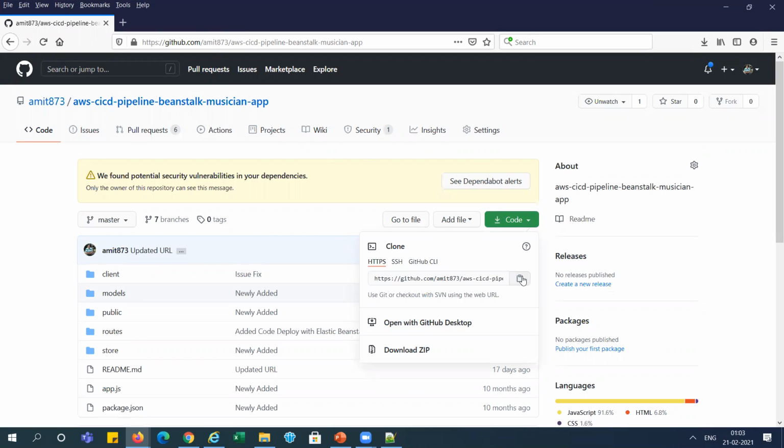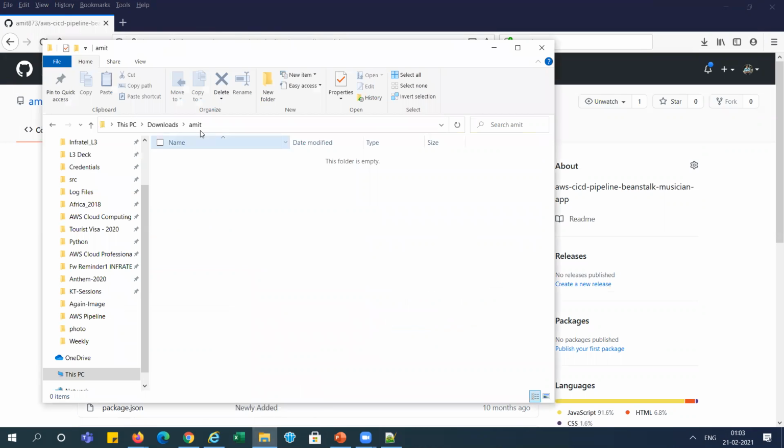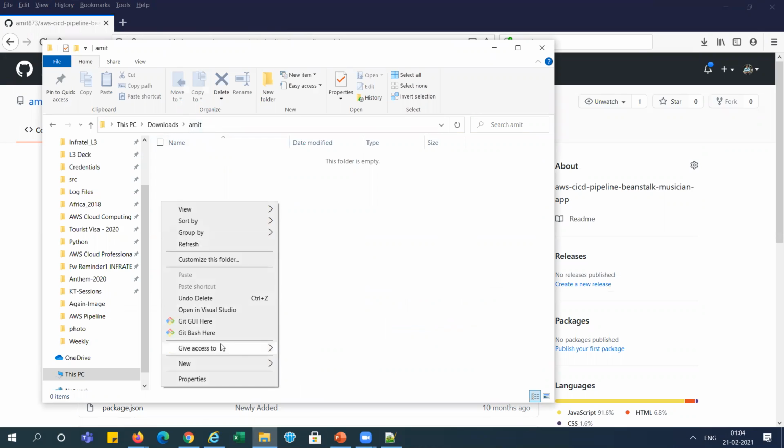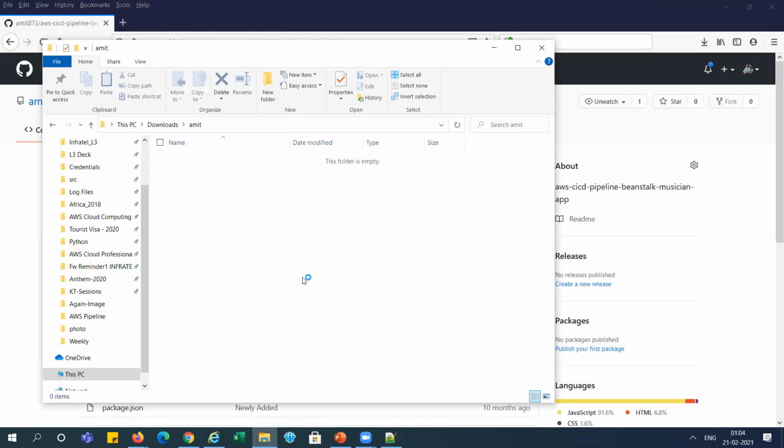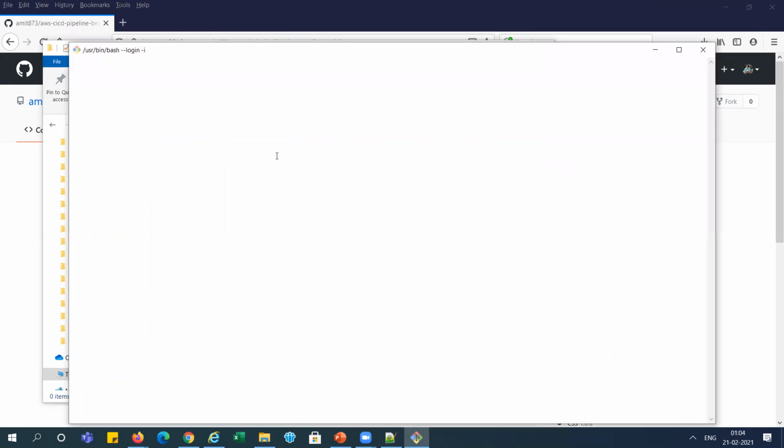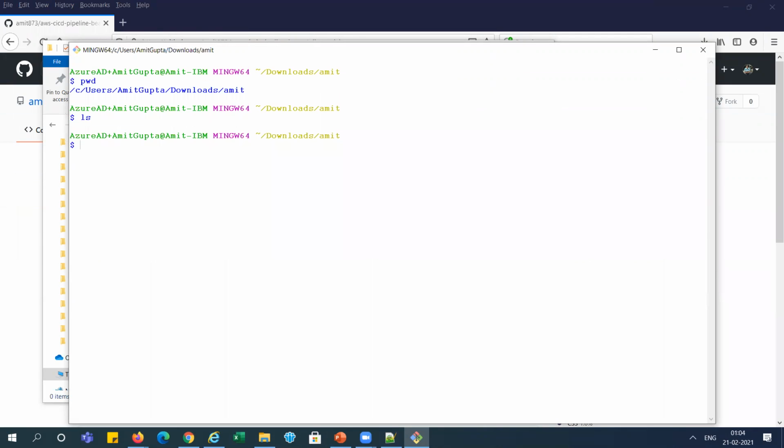I will copy the URL, create one empty folder, and take all the code to the local repository first from GitHub. You can see we don't have anything here, so I am cloning from GitHub.